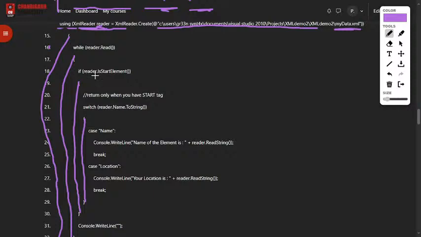If reader is start reading the element, तब तक वो रीड करेगा, अदरवाइज वो कंसोल डॉट लॉग, कंसोल डॉट राइट लाइन एक लाइन छोड़ के बाहर आ जाएगा। ओके, हमने स्विच केस डाल दिया, नेम स्पेस डॉट नेम टू स्ट्रिंग। अगर वो नेम आया देन लोकेशन आया देन हम उसको रीड करेंगे। ओके,